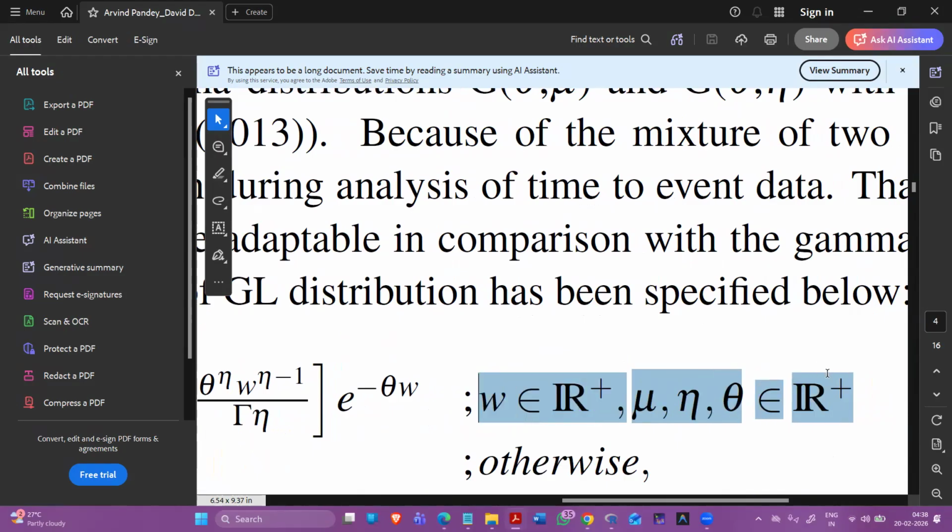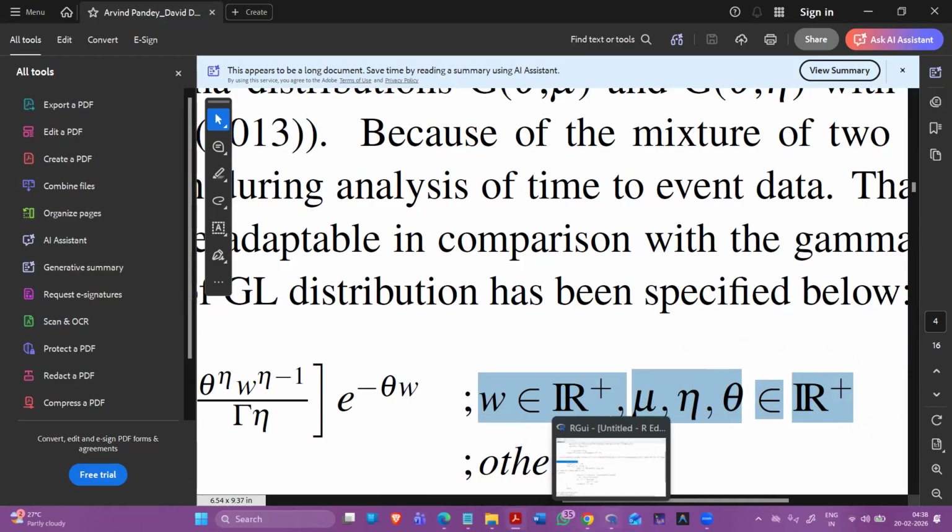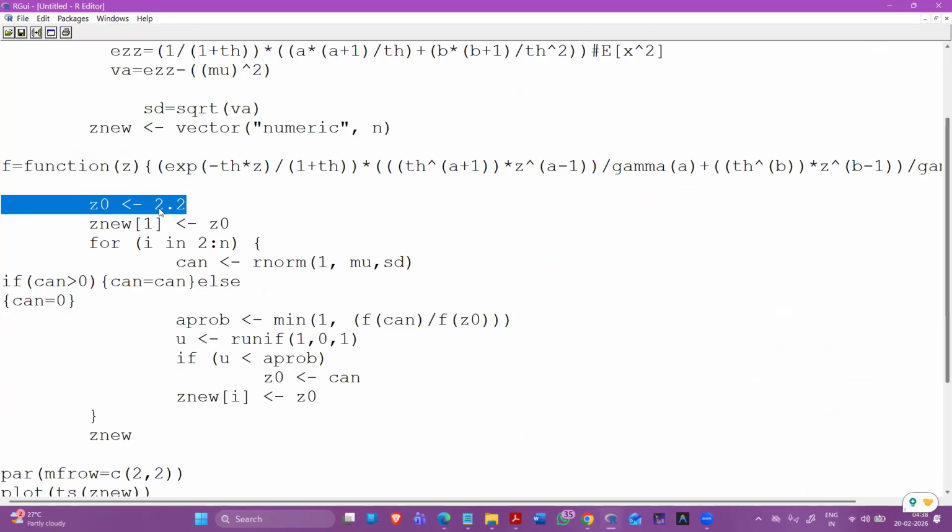This is the range of my parameters, 0 to infinity, right? Positive side of the real line. So the initial guess that I am giving for the value of z of my random variable is 2.2. That is going to fulfill the condition of the range of z, 0 to infinity, right? So I am saying that my first value of z new should be whatever value I am providing here, that is 2.2. After that, I am starting the for loop, i equals 2 to n,